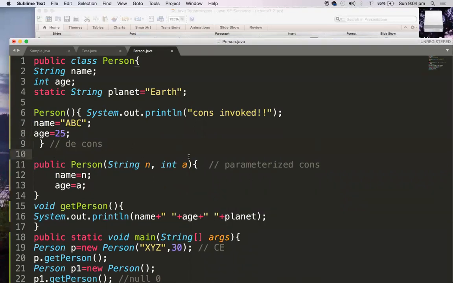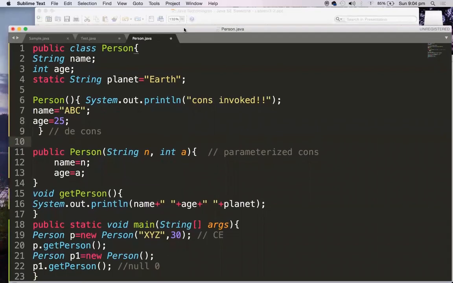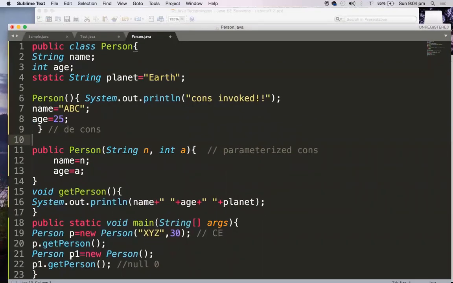Now what happens in this particular program, whenever this second person p1 equal to new person is constructed? These are no longer null and 0, because name is assigned ABC and age is assigned 25, and those will get printed. Initially constructed with the default values, later when the bytecodes are getting executed, you find ABC is assigned to name and 25 is assigned to age, right? Along with that, cons invoked is also going to get printed.